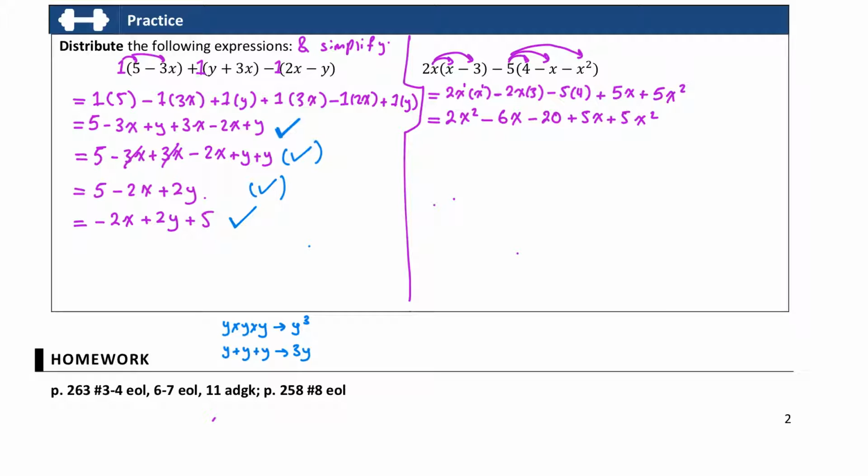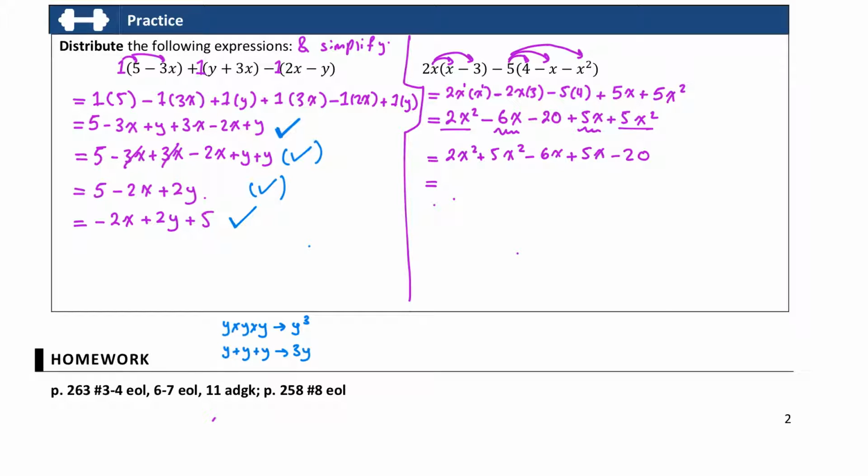I now look for like terms. For x squared, this one is x, this one is constant, this one is x, this one is x squared. So these two are like terms, so I will underline these. These two are like terms, and I will leave the final one, or what's left, without any underlining. So I will have 2x squared plus 5x squared minus 6x plus 5x minus 20. So now